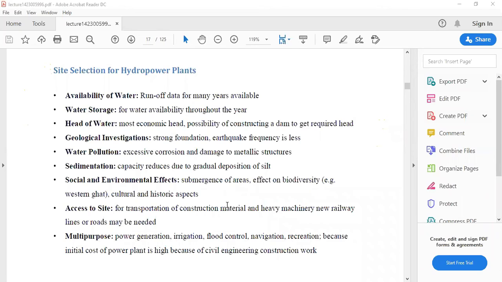Now let's try to imagine or recall. As I said, the most popular example we have near us is the Koyna power plant. If you take into consideration the site for the Koyna power plant, the first criterion is availability of water. Everybody knows that we have very good average rainfall in the catchment area of the Koyna. Can anybody tell me where we have more and more rainfall in the catchment area of the Koyna? Through the chat box.